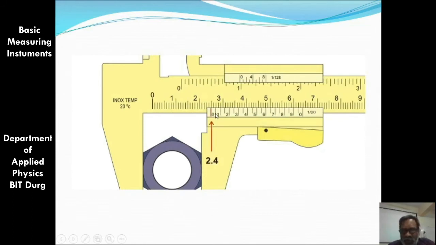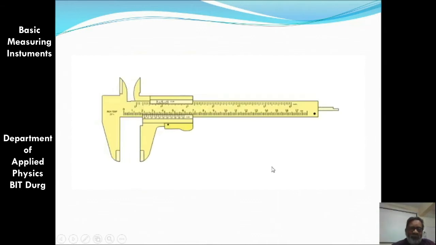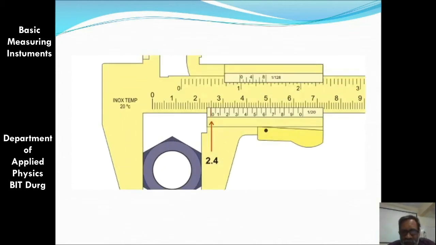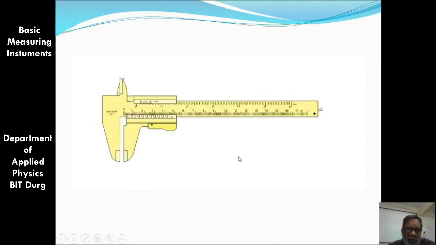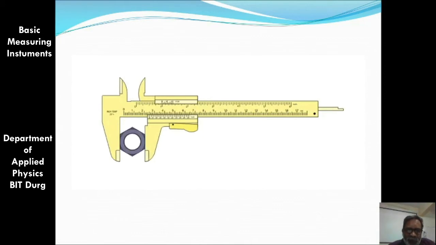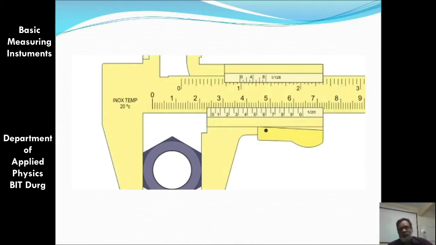Then we find which division of this vernier is exactly coincident with any division of main scale. You see here the 7th division is exactly coincident. These other divisions do not match exactly with any division, but the 7th division matches. So 7 multiplied by least count, that is 0.01, becomes 0.07. This 0.07 is added with the main scale reading 2.4 to get the final reading, which is equal to 2.47